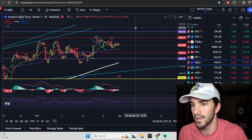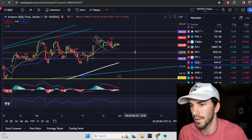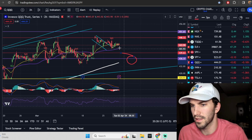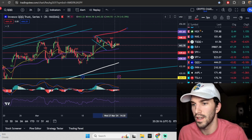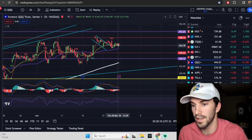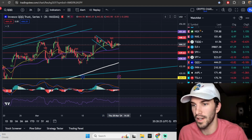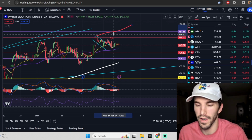So we're just going to go right into the 2-hour here, 451.65 to the upside for your weekly expected move, 436.37 to the downside for that weekly expected move. So as of right now, we don't have that 2-hour divergence on the Qs, and that very well could happen very soon. Sorry, we're making tea upstairs. But we could see that pop up into this area and get some kind of 2-hour divergence. If we see that outside of this weekly expected move, you bet your bottom dollar, we're going to be notifying you about this